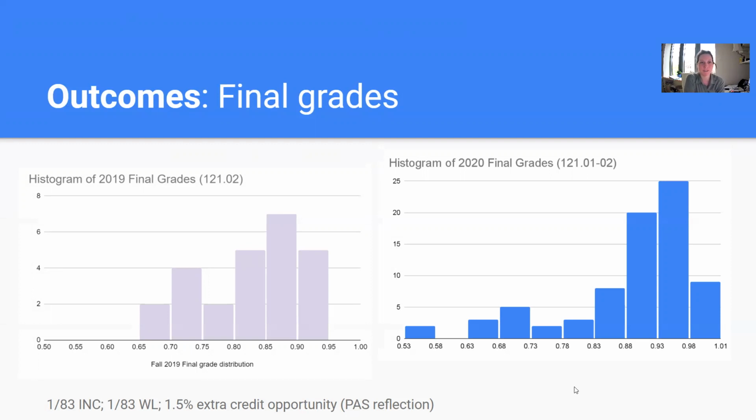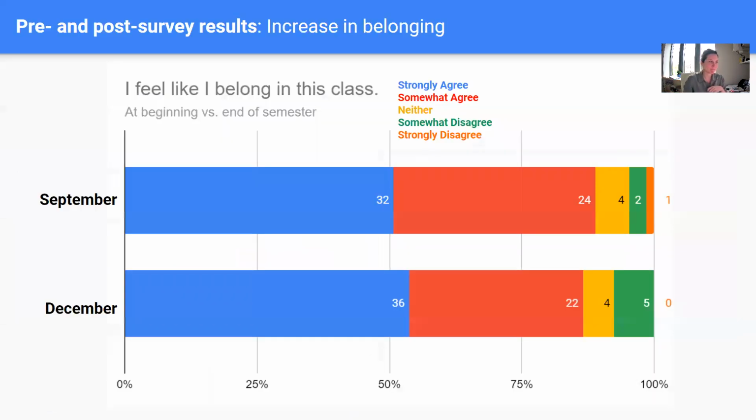which I think is not surprising during coronavirus. But you can see here that even with all of these open-note exams and all of these points for turning in the CPAs and the challenges, we still had some students who didn't do well. But the reason we have so many A's is that if you did the work, then you were rewarded, which I felt good about in terms of what we want them to be doing during a pandemic.